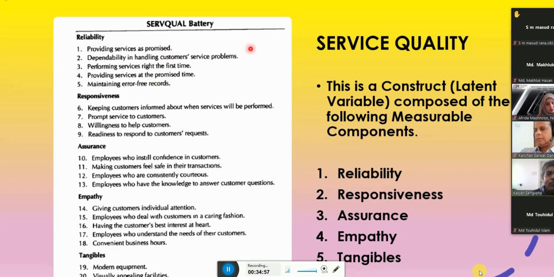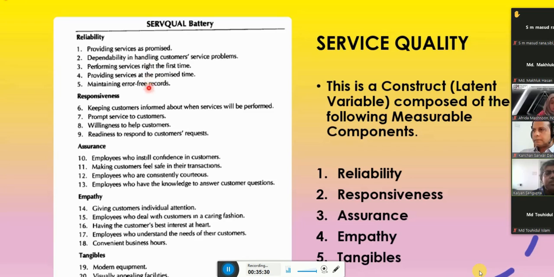It can be a 1 to 10 scale, or a 1 to 5 scale. They can score like 2-star, 3-star, or 4-star. Just adding up, they can give a very crude idea about the reliability this particular service organization is giving.